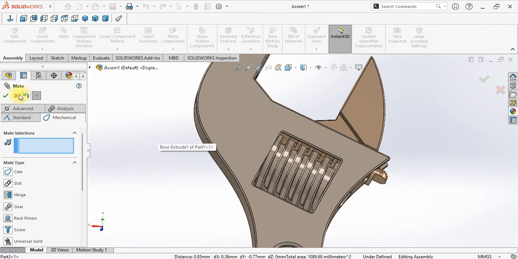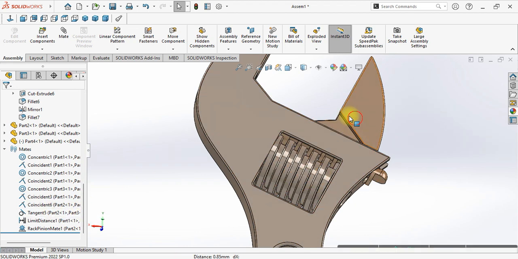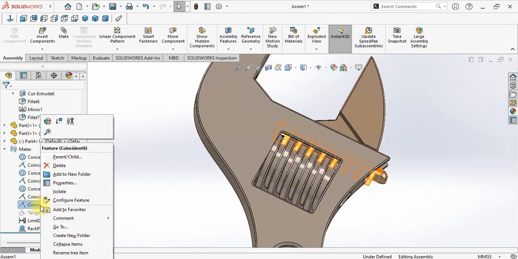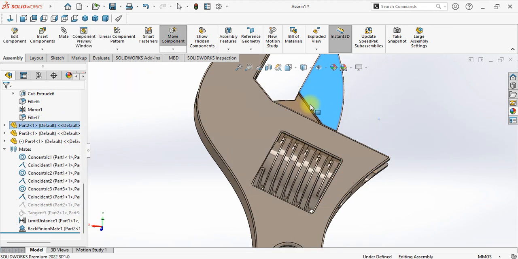Okay, after that on this tangent you can suppress this to delete this path. Okay,